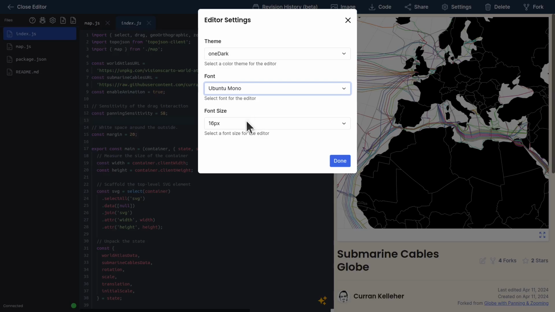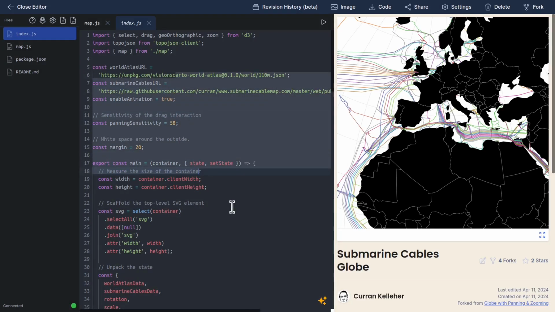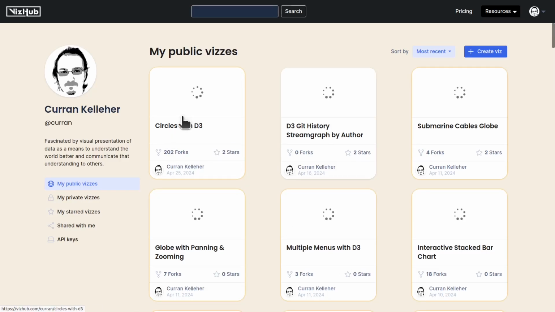I really like Ubuntu Mono, 18 pixels, so you can sort of customize this to your heart's content. And if there's not a feature there that you need, you can add it, because this is open source. But anyway, looking at a simpler example,